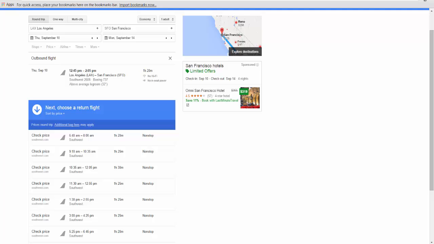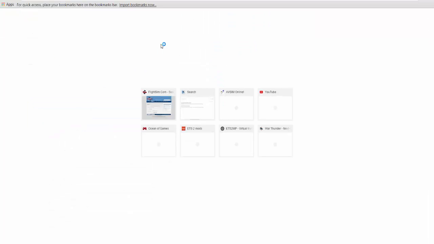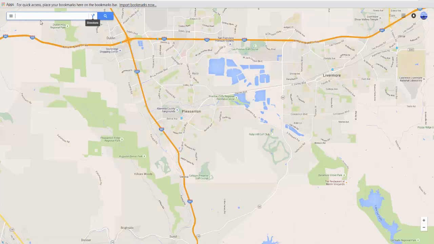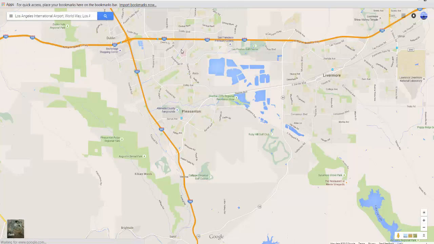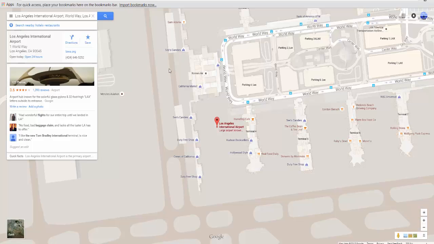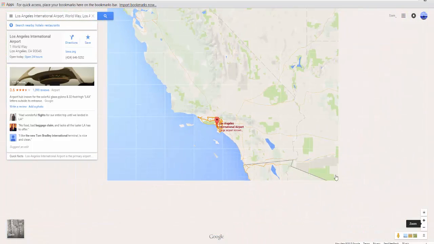And here, let me open Google Maps. Let me just show you Google Maps. Let's go there. Wait for it to load. Here. And okay, so we're going to go to Los Angeles International. Took me longer than I expected to type, and we're going to go from there. So that's Los Angeles International, so that's our starting point today. Huge airport, but